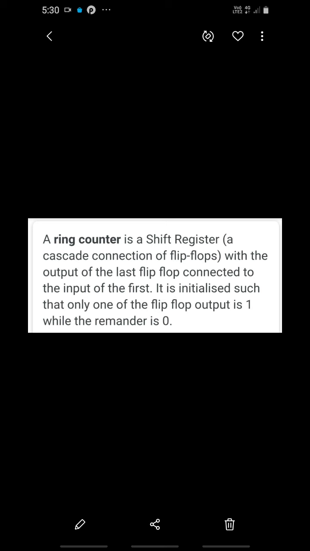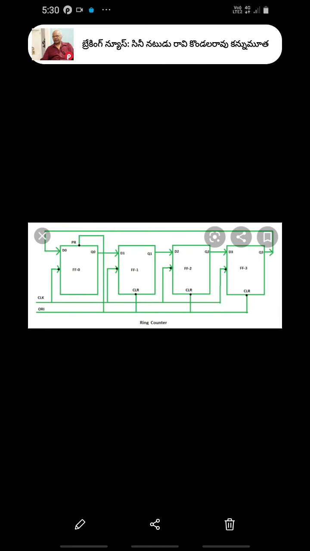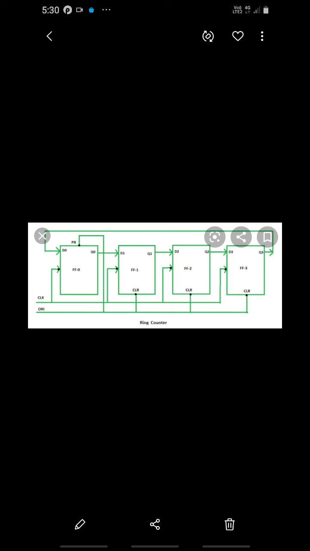So the basic ring counter using a negative edge triggered D flip-flop, as shown in the above PPT. Here D0, D1, D2, D3 are the inputs. Q0, Q1, Q2, Q3 are the outputs. In this circuit,